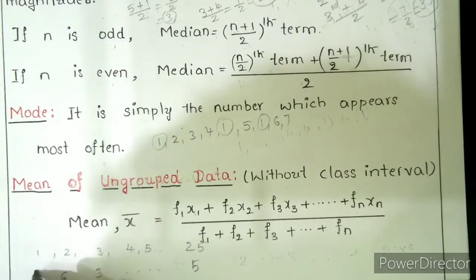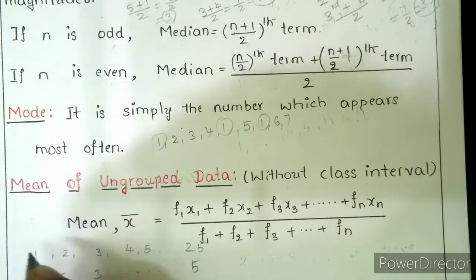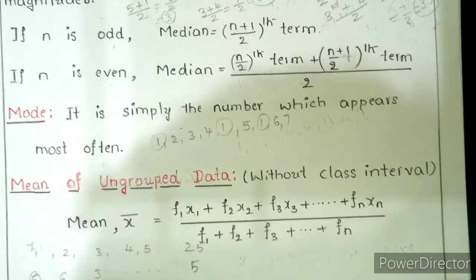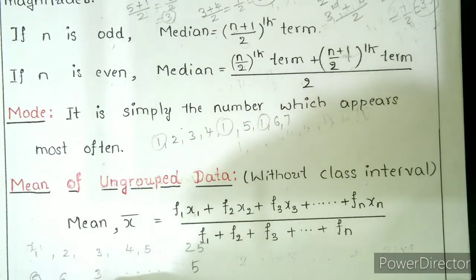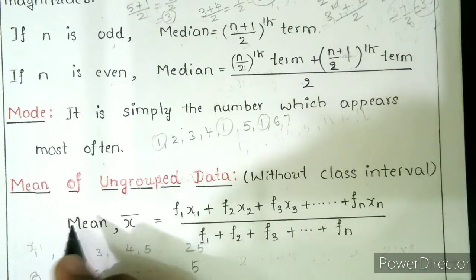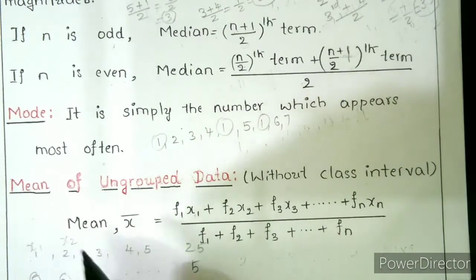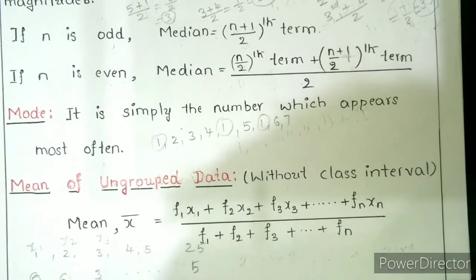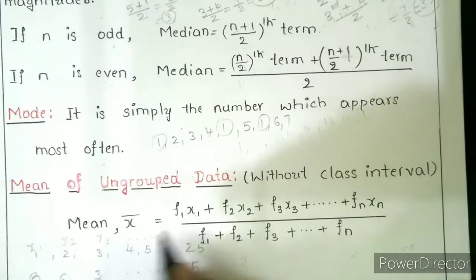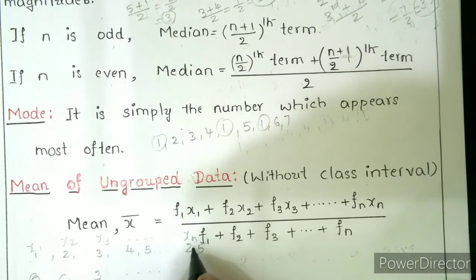So now this is the frequency f1. So this is the x1. So this is the f2. So frequency means number of repetitions, the number of students. So this is the marks x2. So this is x3. So this is the f3. So on. So this is the xn, 25. So this is the fn.